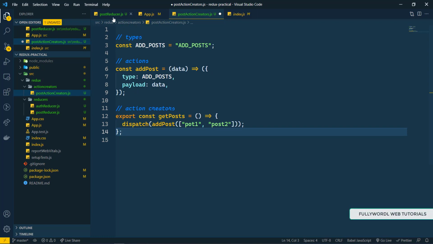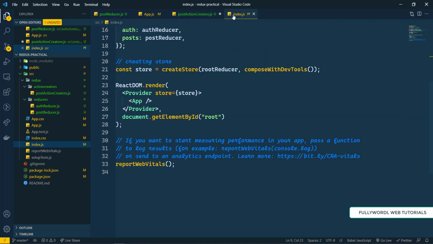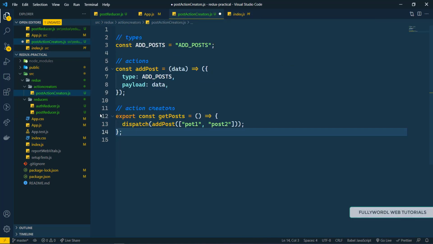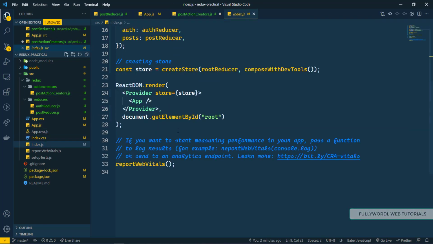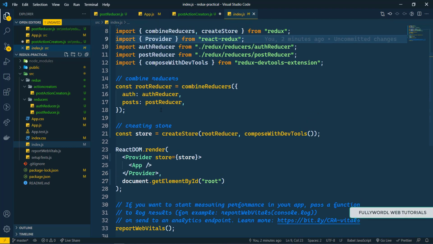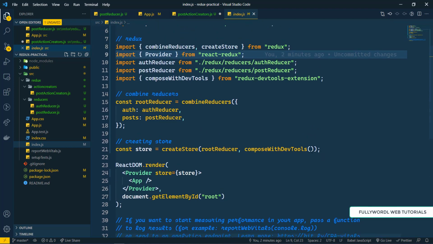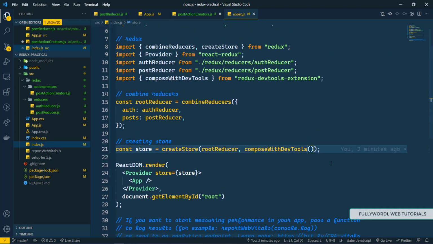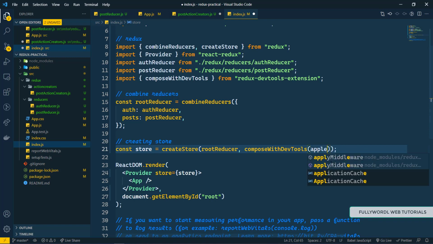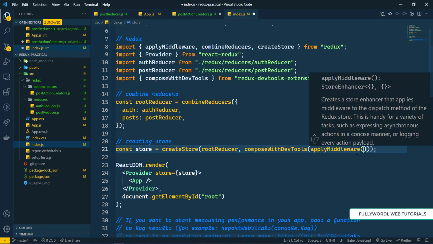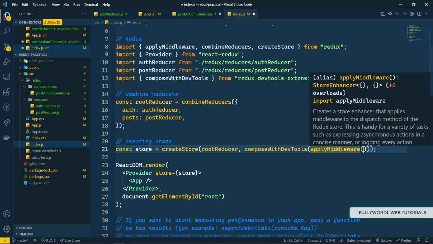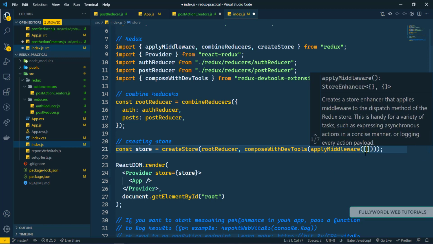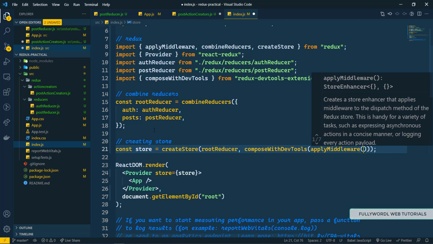Let's move further, and here in the index.js, let's enable Redux Thunk. Here we are going to apply the middleware, so applyMiddleware here. We can use many middlewares here. We can pass the middlewares as an array here. So let's create